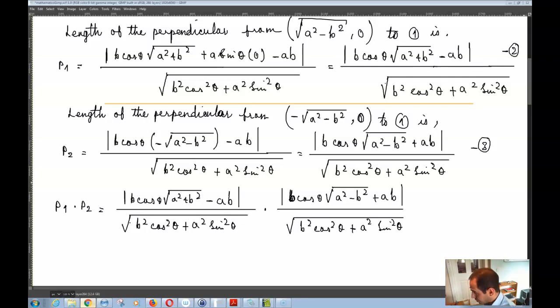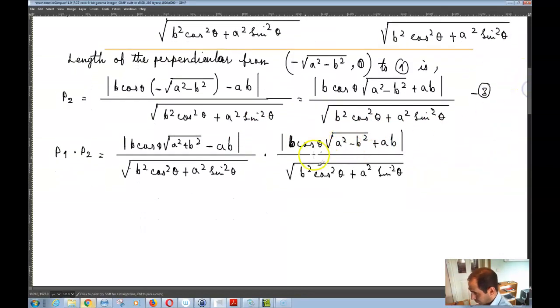Now, one important thing that we have over here is that when you have some expression in an absolute value function and some other expression in an absolute value function, the product of the two absolute value functions, along with the expressions, the arguments of the absolute value function, you can write it like this,